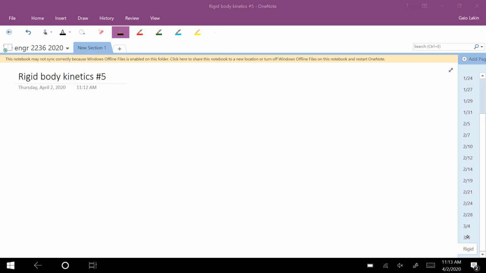Okay, I'm going to do a solution for rigid body kinetics number 5. And this is actually a really important concept that this one shows you. The result of this is a really surprising result, kind of. And it says, for any collection of particles,